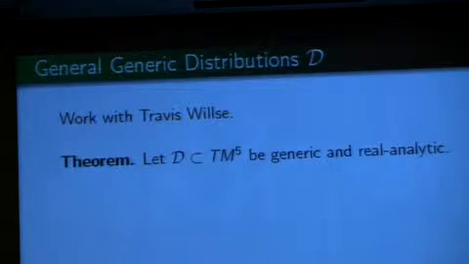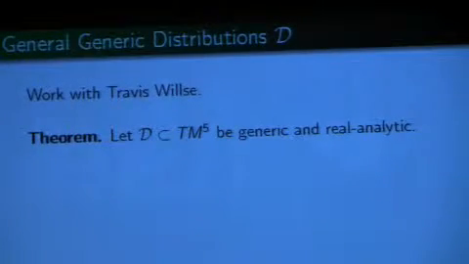So the main theorem then is that suppose now we start with a generic real analytic distribution. We need it to be real analytic to actually get an ambient metric well defined in some little neighborhood. But yeah,